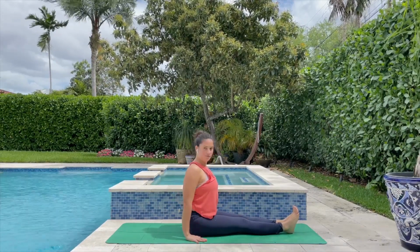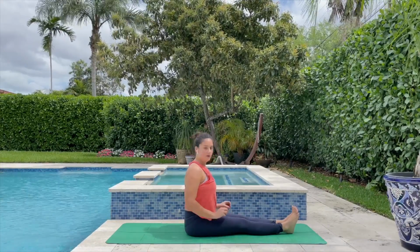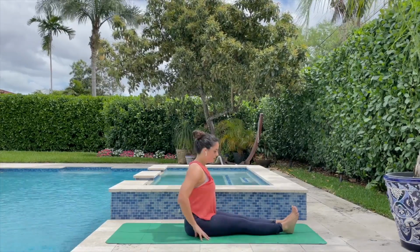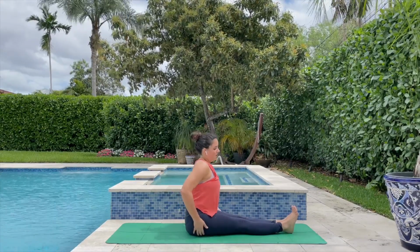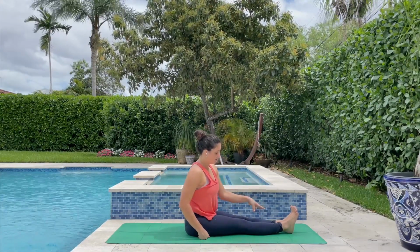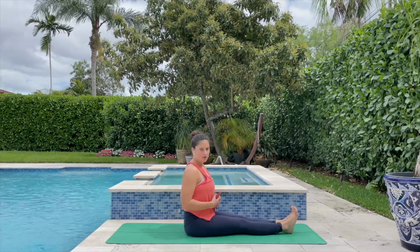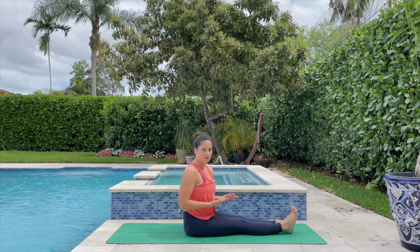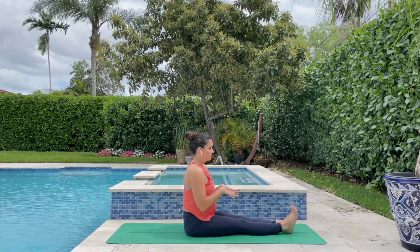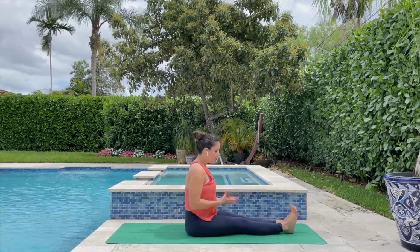So it's like a half forward fold. So we're still incorporating some of the key principles of forward folding. The feet are flexed, the feet are together, and you're going to press down through the heels. Now if you're in this position and it's hard for you to find a straight spine, then elevate the hips like we were at the beginning of class. Elevate the hips onto a bolster or onto a blanket to give the pelvis a little bit more space to